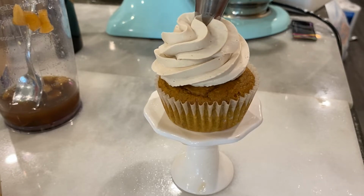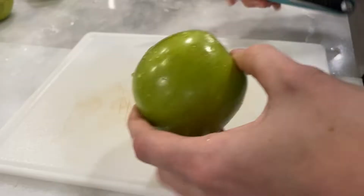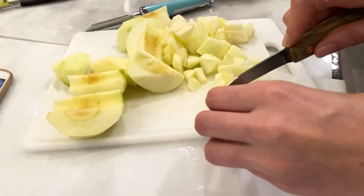And then the second homemade component were these apple pie shooters. So I started by taking an apple and peeling it, and you guys, this chopping clip, I accidentally had it in slow motion, which is like hilarious. Like every time the knife comes down, it's like boom. Anyway,